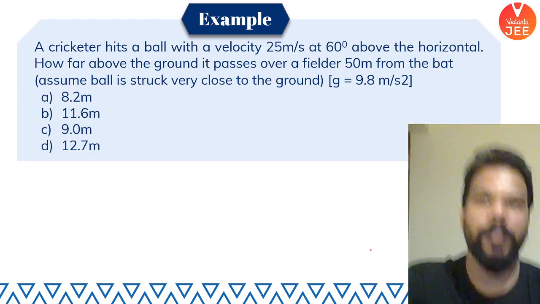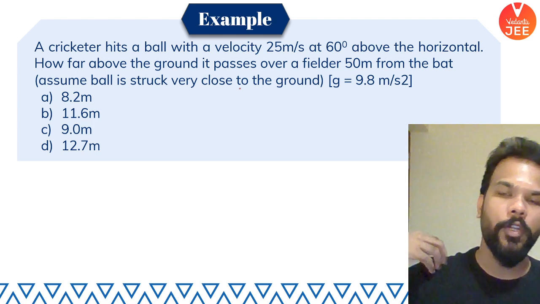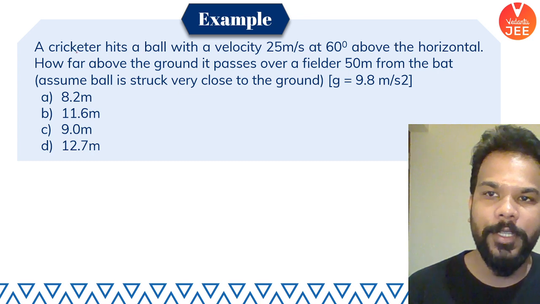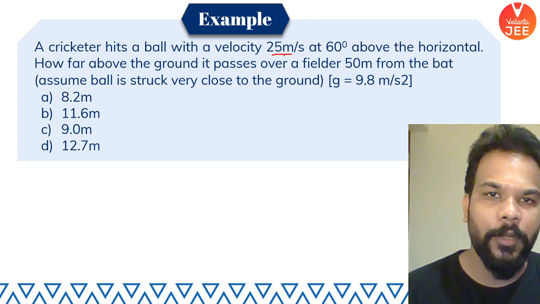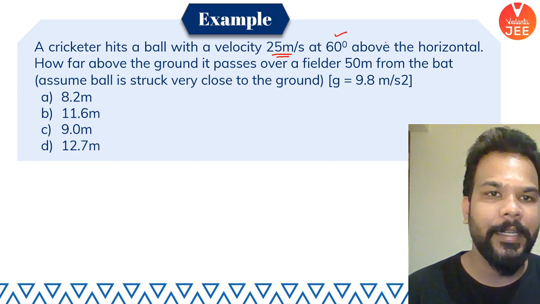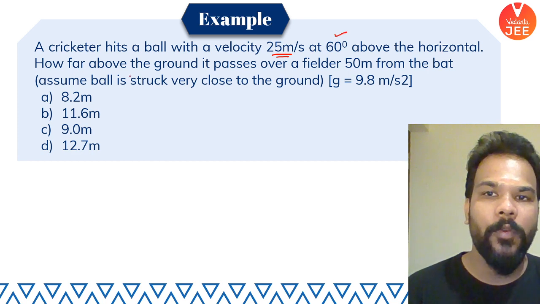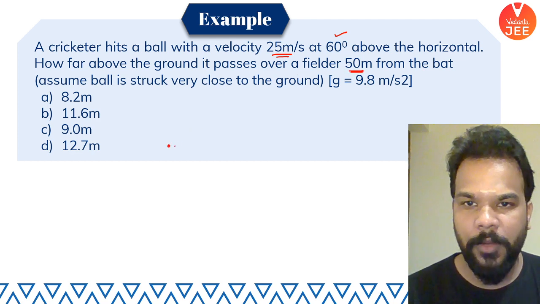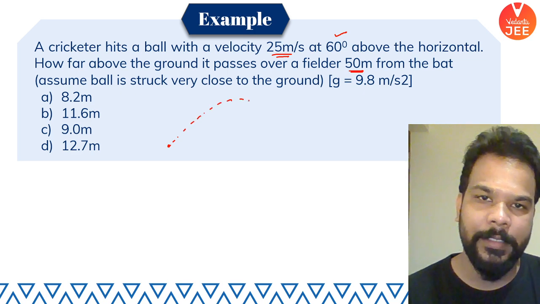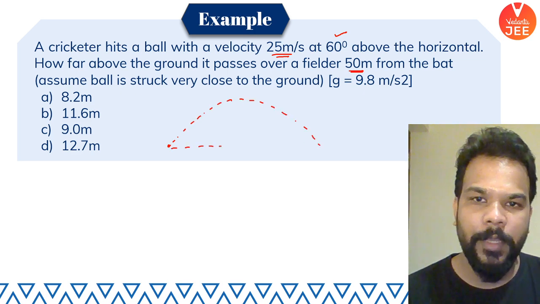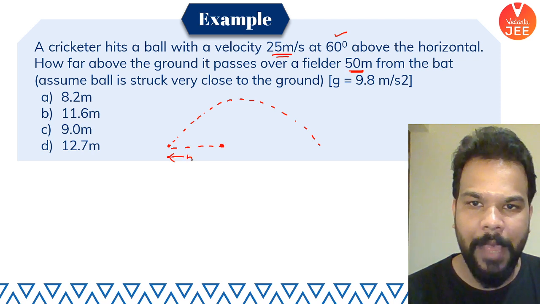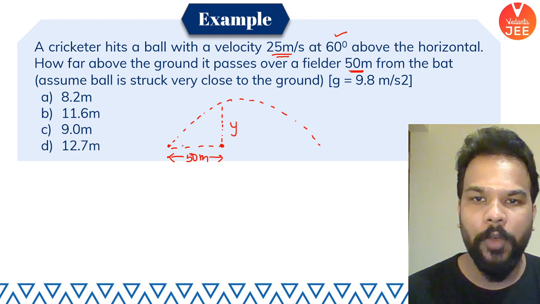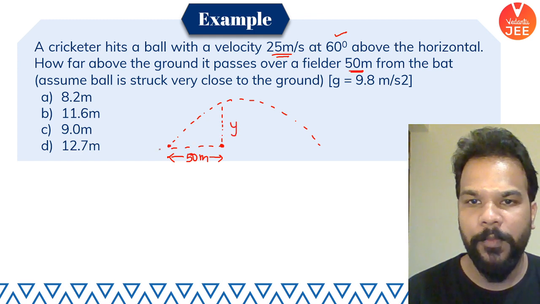Next question. Now, this one is calculative, so I'm finally not going to do the calculation. I'll leave it for you guys to try, but I will tell you how to solve it. Question says that a cricketer hits a ball with the velocity of 25 meter per second at 60 degree angle above the horizontal. How far above the ground does it pass over a fielder 50 meter from the bat? So say from here you make a ball go like this. Assuming that here is the gap of 50 meter, how high is the ball when it is 50 meters from the point of projection,